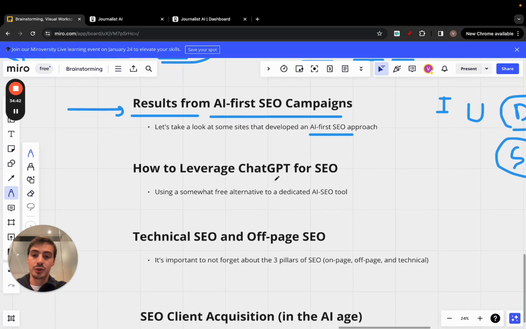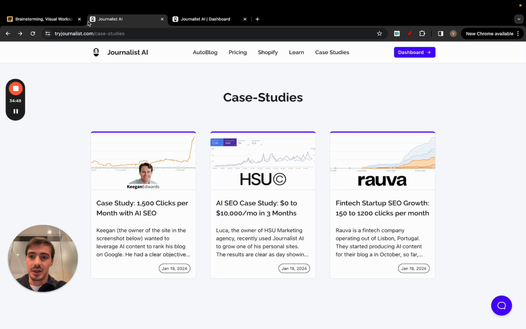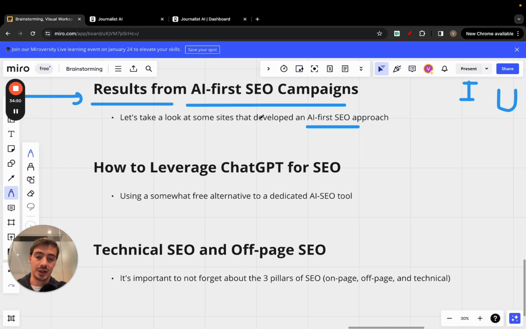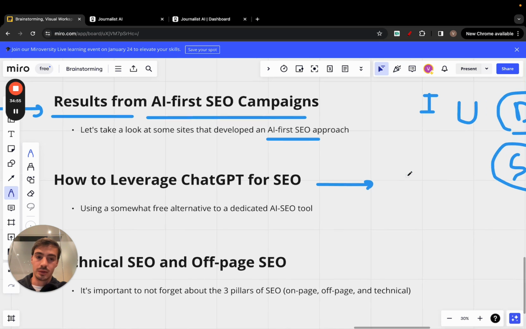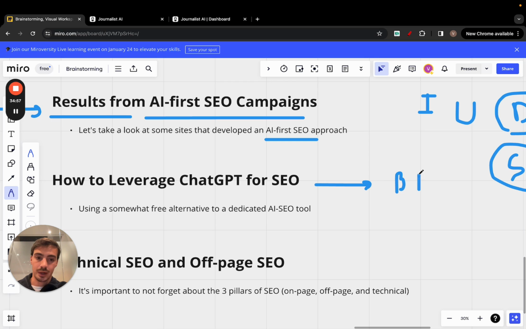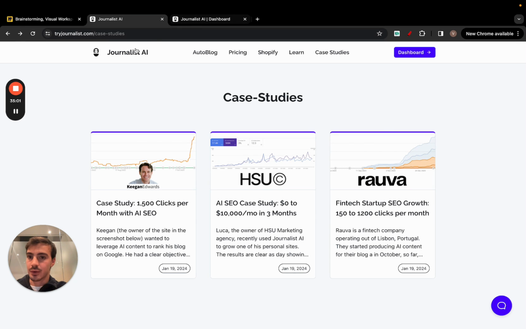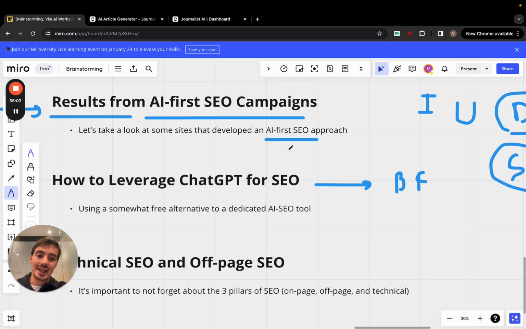Now, moving on to how you can actually leverage ChatGPT for SEO. This is somewhat of a free alternative. If you don't want to grab these tools right here, you can leverage ChatGPT for SEO. Just know that you have to do a lot of back and forth, because the AI isn't trained. For example, what you see here is trained. ChatGPT isn't yet trained, or you have to train it yourself to be able to produce brand-tailored content.